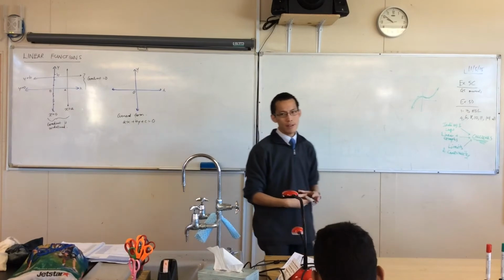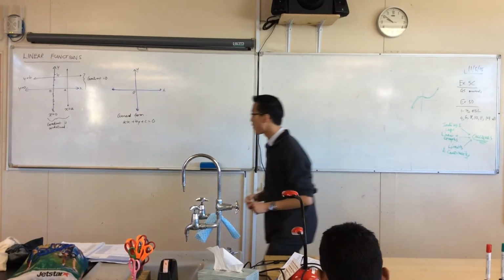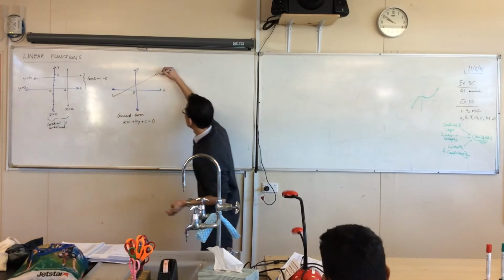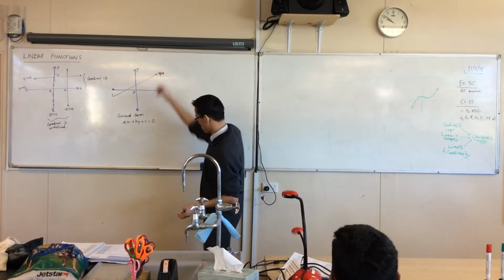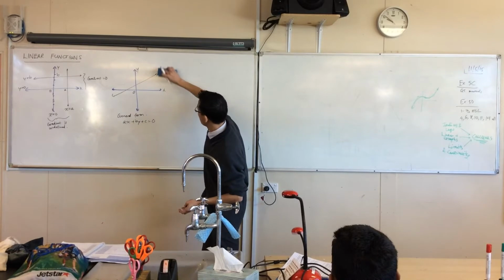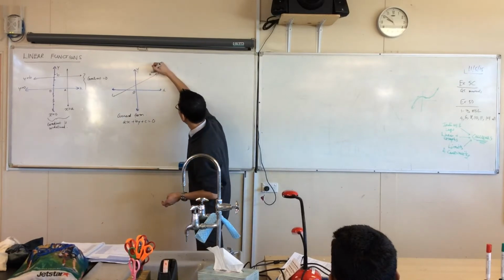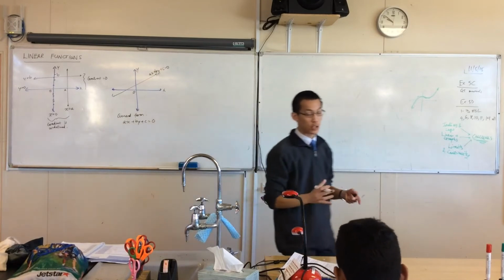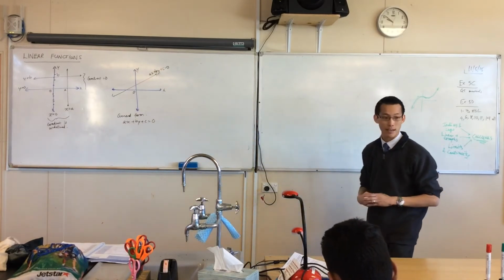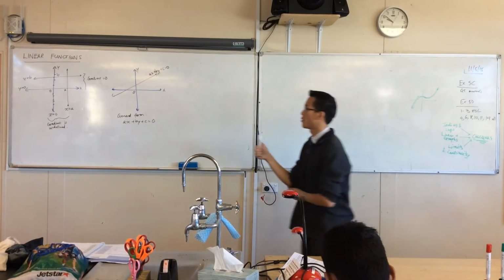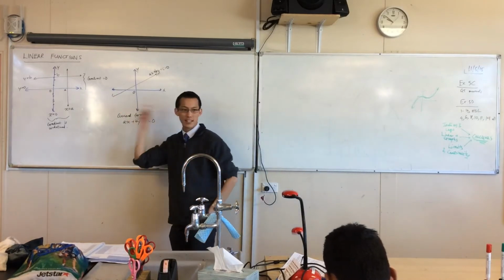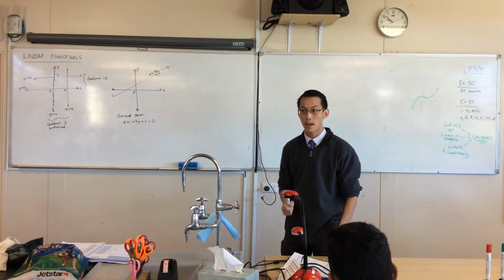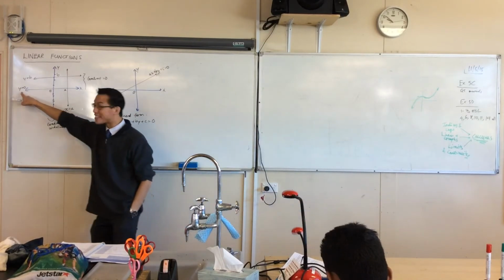Okay, so where is this on our graph? If I were to draw a line like, say, this, let's imagine that's our general line. Okay, it's got two important features we need to know, namely x-intercept and y-intercept, right? How are we going to work out the x-intercept? What do we do to the equation to find the x-intercept? You let y equal 0,